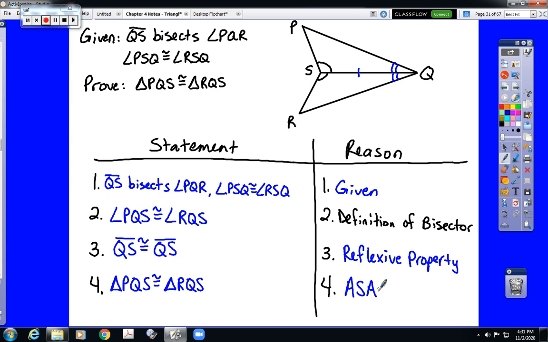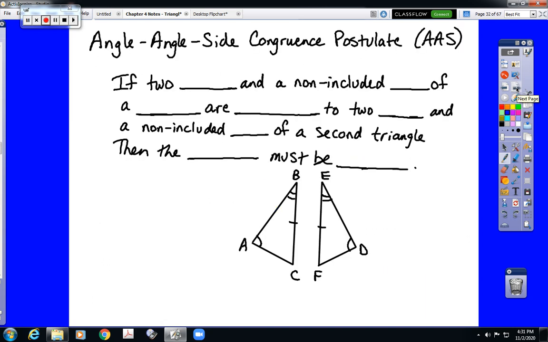Okay, moving on. We need to think rather carefully about the fact that knowing two angles in a triangle instantly means we know the third. We should remember that from the last section, when we had the third angle theorem. So as it turns out, you don't have to have the included side. If you have two angles and any side, including the non-included sides, that is enough information to declare the triangles